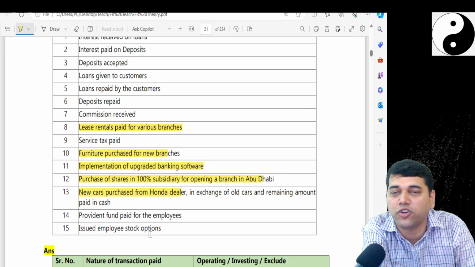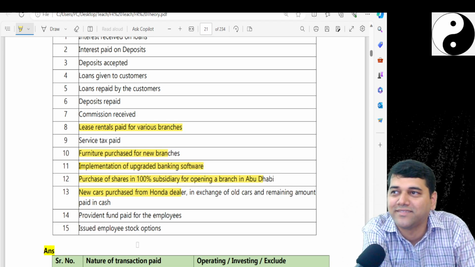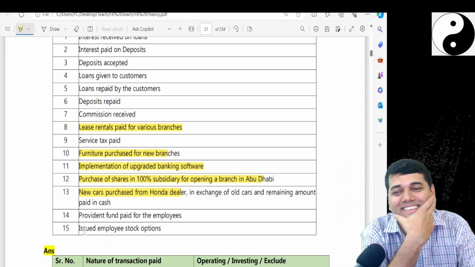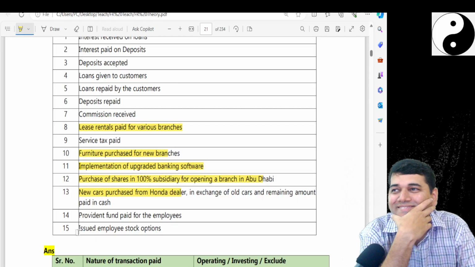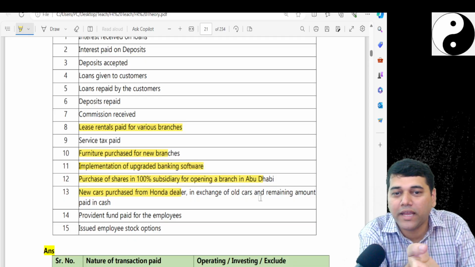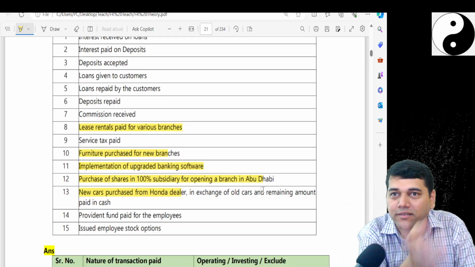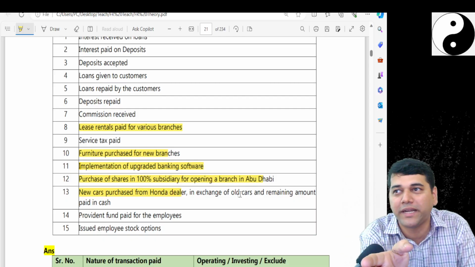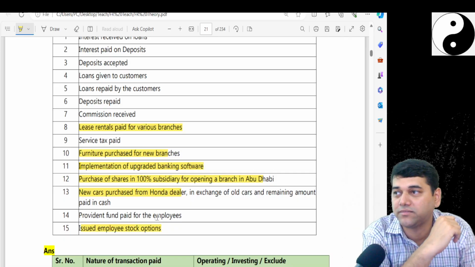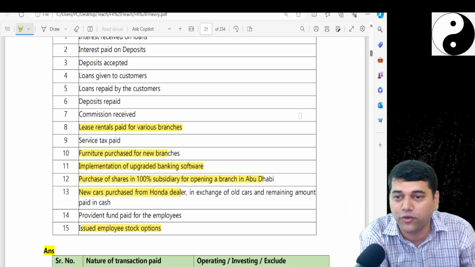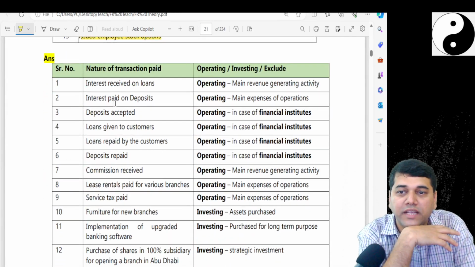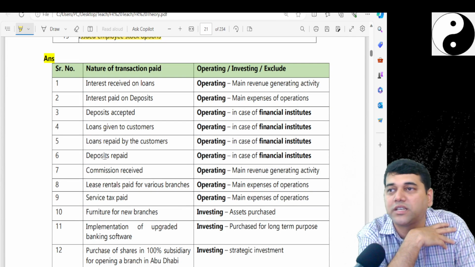Provident fund of the employees: operating. Issued employee stock options: financing. Here also one portion is non-cash. Even if they simply asked only operating here, it's non-cash, you have not issued any cash here. So how many? 1, 2, 3, 4, 5, 6. Everything is operating. But you say that deposits accepted and loans given to customers and all,